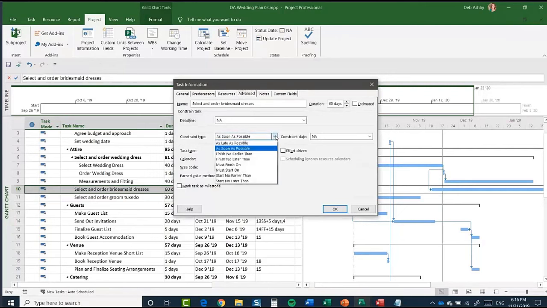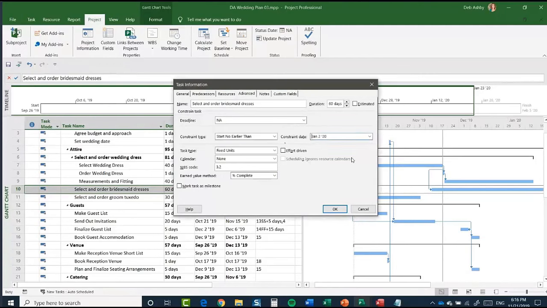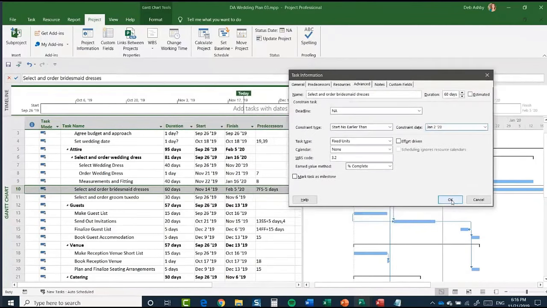So if we click the drop down, and I might say start no earlier than, and then in the constraint date, I can then select the date where I want this task to start. So I might say January the 2nd. Okay. Now you'll see when I click on OK,